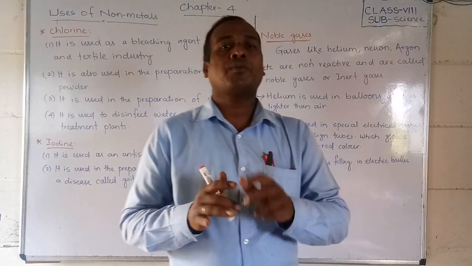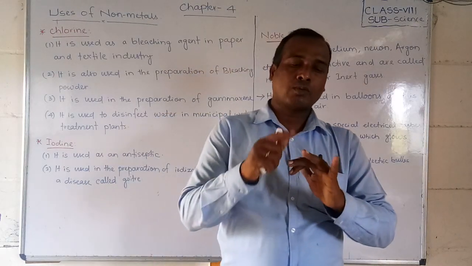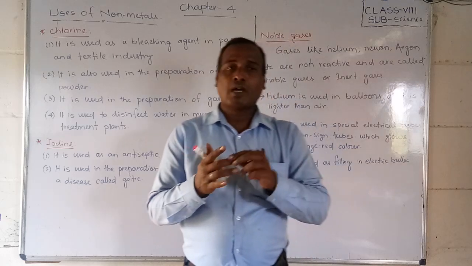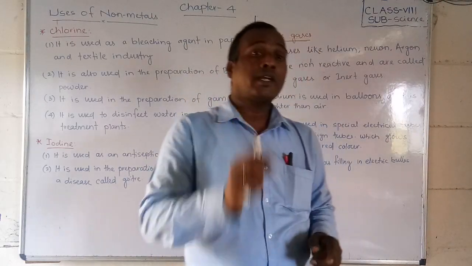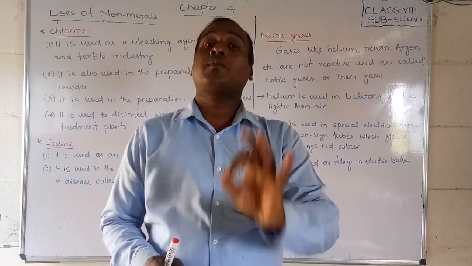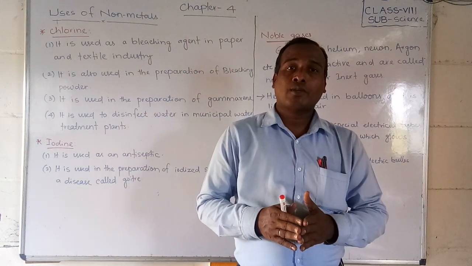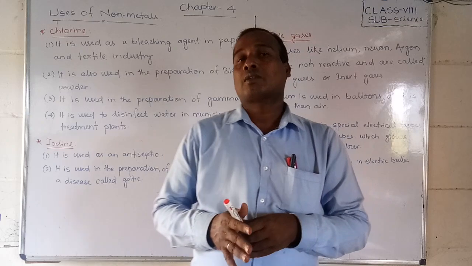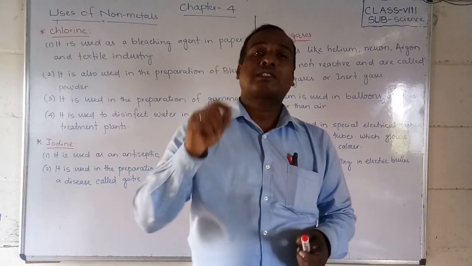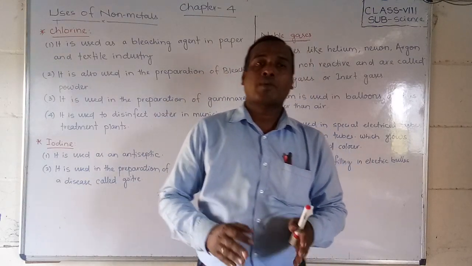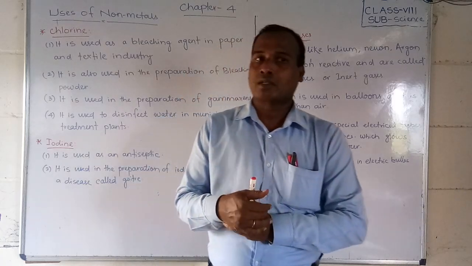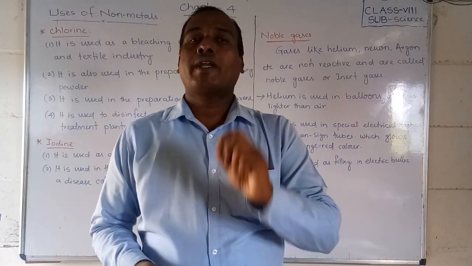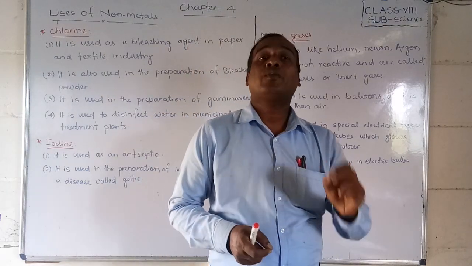Hydrogen, helium, lithium, beryllium, boron, carbon, nitrogen, oxygen, fluorine, neon, sodium, magnesium, aluminum, silicon, phosphorus, sulfur, chlorine. So chlorine is in the 17th place. That means why is the atomic number 17? Because it contains 17 protons. The number of protons present in an atom is called the atomic number. Okay, so chlorine contains 17 protons.